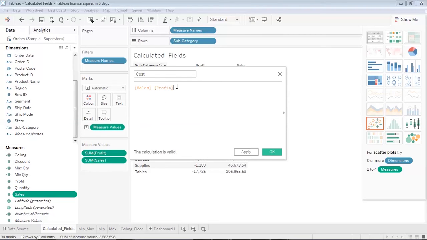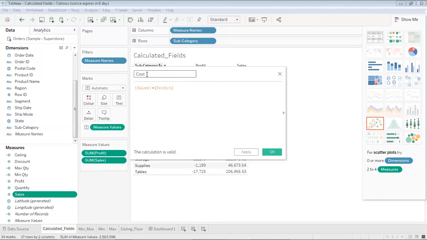In case I don't write a syntax properly, then over here I get an error message which states what is the mistake I'm making, since I'm missing an ending square bracket. So it is showing me that had I not used a proper syntax, it would have given me a proper error. So in this way, this VQL or visualization query language of Tableau is quite intelligent. It tells Tableau users what is the mistake they are making while creating a VQL query.